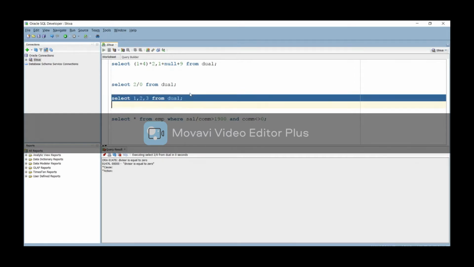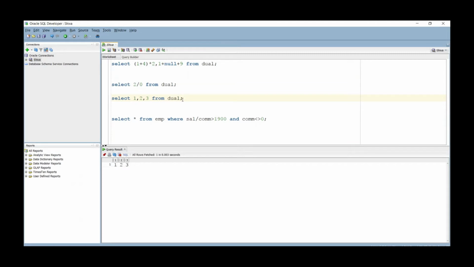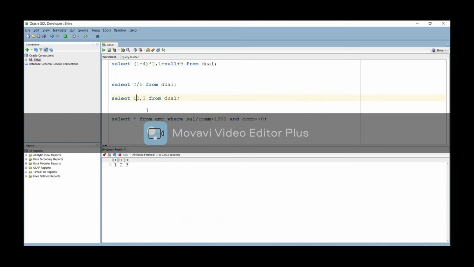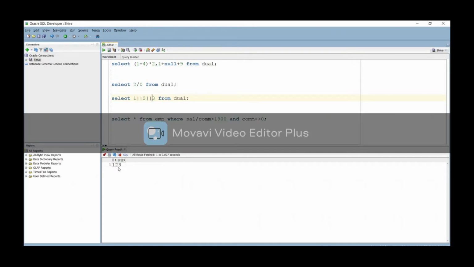Now 1 is a column, 2 is a column, 3 is a column, so you are getting the values 1, 2, 3 in the select query. Now I want to see the result as a single value. Else you can say 1 concatenate with 2 concatenate with 3. So see, now we are getting the result 1, 2, 3.